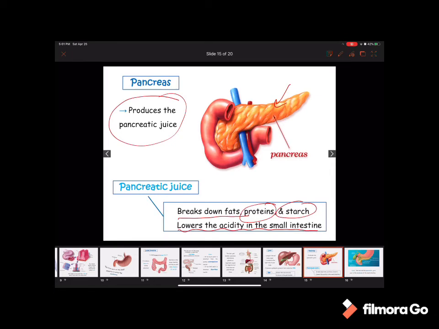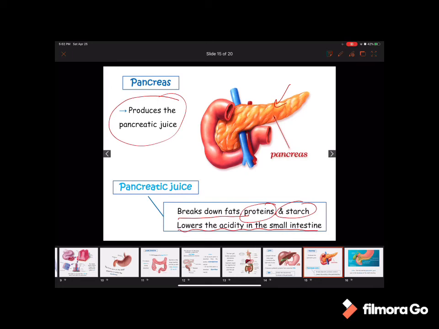So basically what we need to know majorly about the pancreas and the liver is that they are two organs of the digestive system that we also call glands, especially the pancreas. They don't allow food to enter inside of them. However, they release juices. The liver is releasing bile, and the pancreas is releasing pancreatic juice, and these two juices will be poured into the small intestine. The bile will be in charge of digesting fats, and the pancreatic juice will be in charge